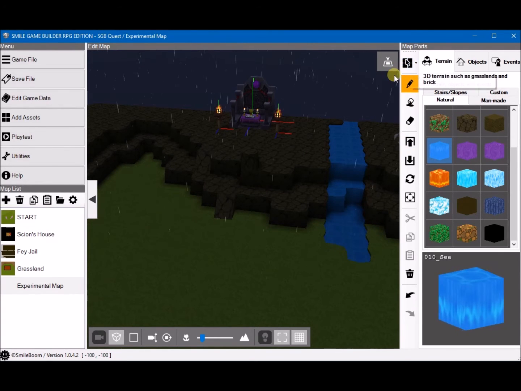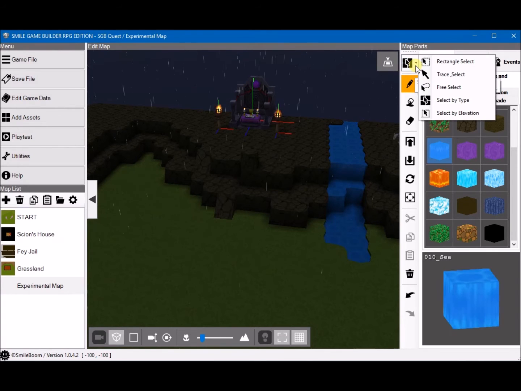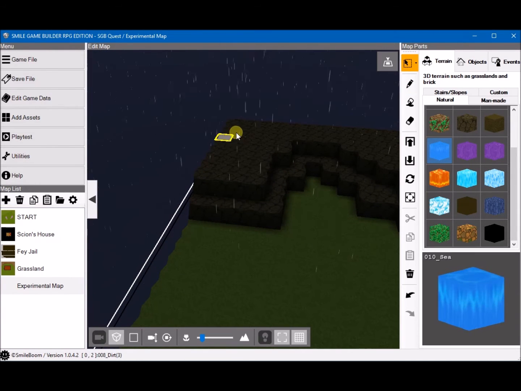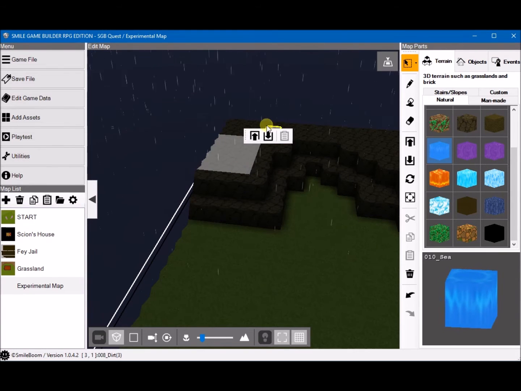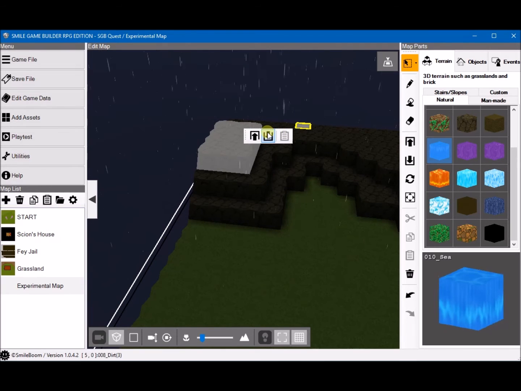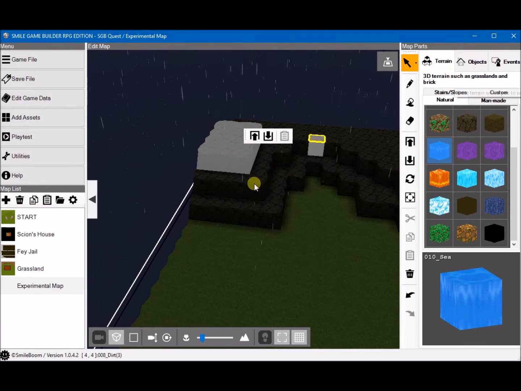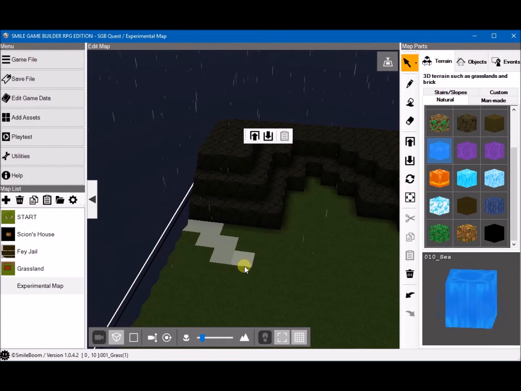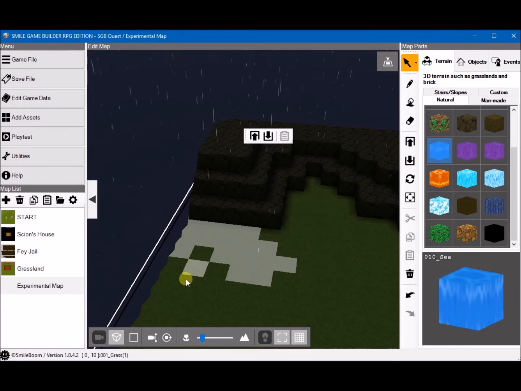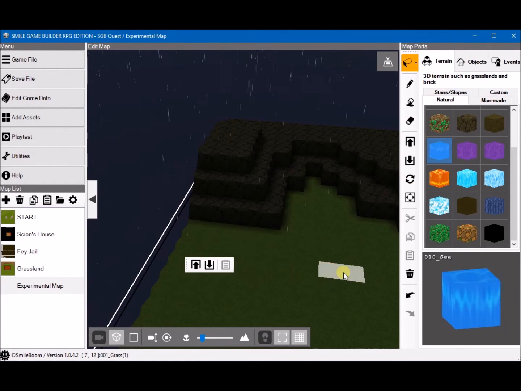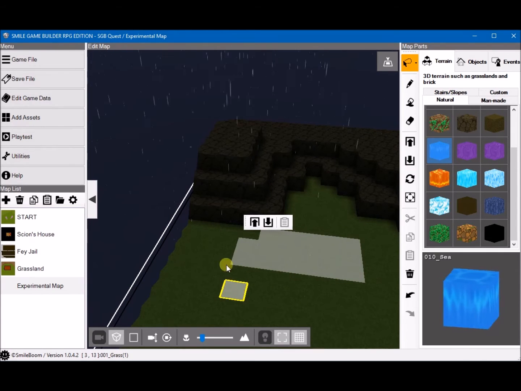If you wanted to select something, you have various select options. You can select from a rectangle, which will allow you to draw a rectangle on here and then manipulate it, raise it or lower it. You can also do a trace select, which will basically trace certain outlines and then you can manipulate it. A free select, which will fill in,